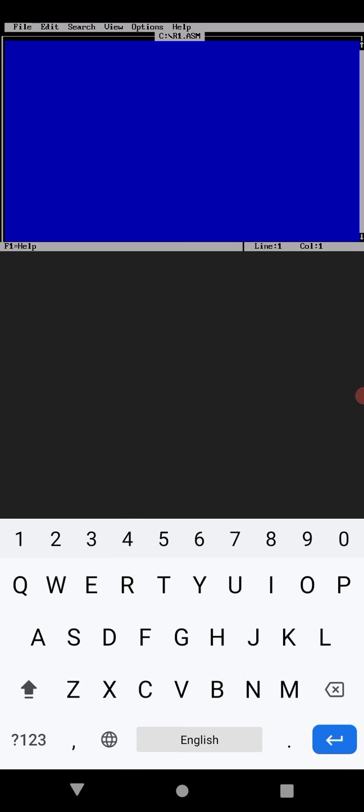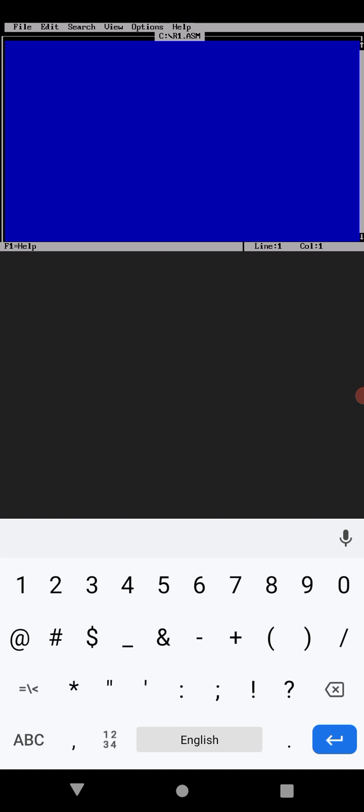Click enter, you will get a blue screen. Whenever you are writing, for your understanding, better write the program name using a semicolon. If you use a semicolon, the statement will not be considered as a program, it will be considered as a comment only.